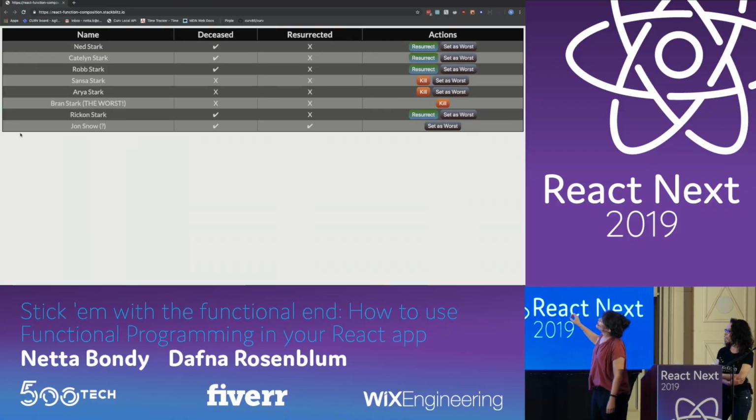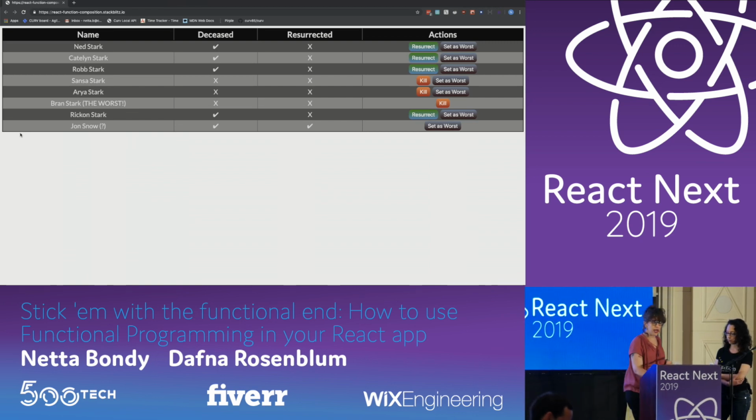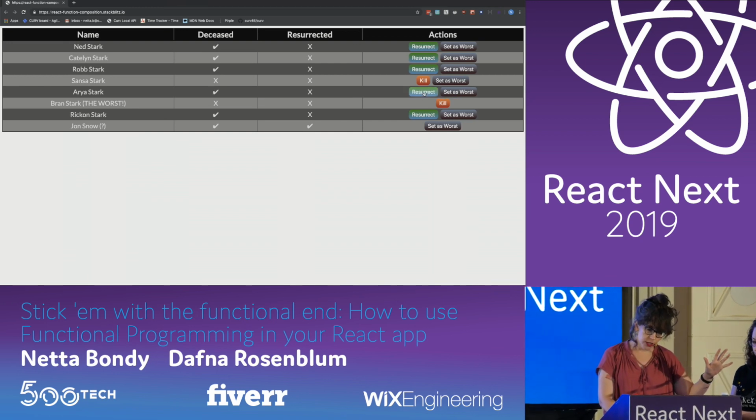So for each of these Stark family members, we have some information about them. Some of them may be alive, and some of them are unfortunately dead. Based on their state, I can do different actions on them. If they're alive, I, as the omnipotent creator of the app, can decide to kill them. And if they're dead, I can decide that I actually didn't mean to do that, and I need them back to further the plot, and then I can resurrect them. And I do that with these actions here. So for example, if I decide that Arya Stark has had her share of brushes with death, and I think it's time for her to go,